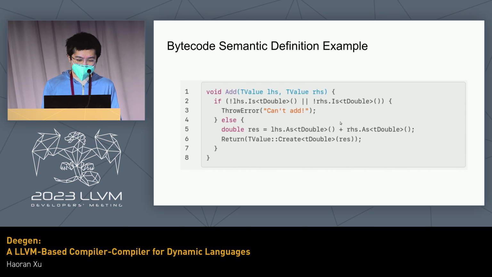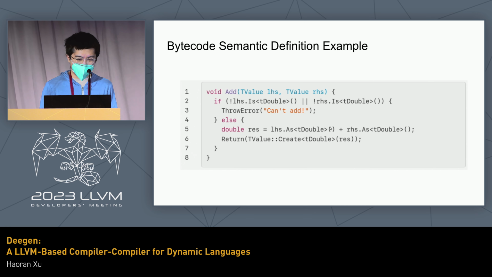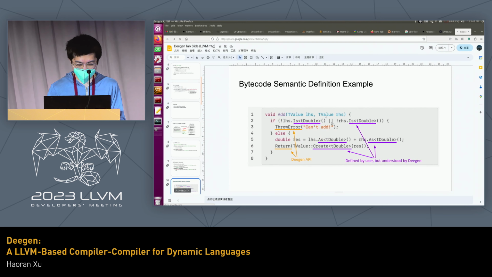Now let's take a look at how all of these things work. As we explained before, the input is the execution semantics of the language bytecodes. In this example, we have an add bytecode. As you would expect, it takes two operands, LHS and RHS. Here we just check if LHS and RHS are both double, and if not, we simply throw an error saying that we cannot add. Otherwise, we cast LHS and RHS to double, do the add, and say that the outcome of